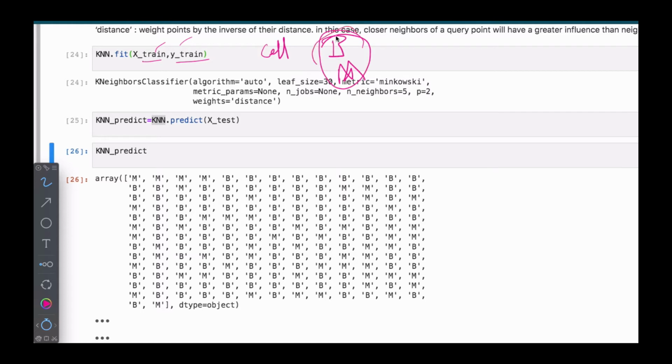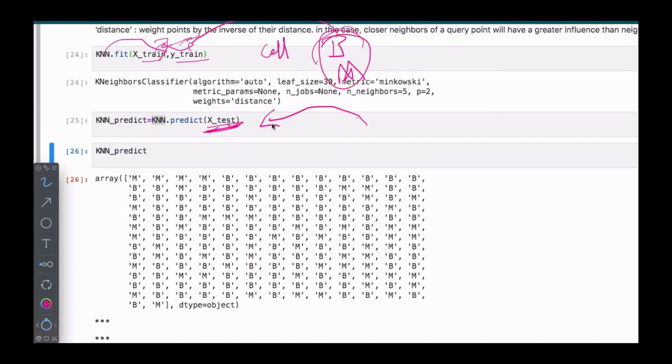We feed these features into our model, and our model learns from that. Now think about this X test as new cells that are coming in. With this X test, are we able to predict whether that cell is benign or malignant? It could be 1, 2, 3, or even thousands of cells. So can we, based on these cells, which have the same features as we were using earlier on,